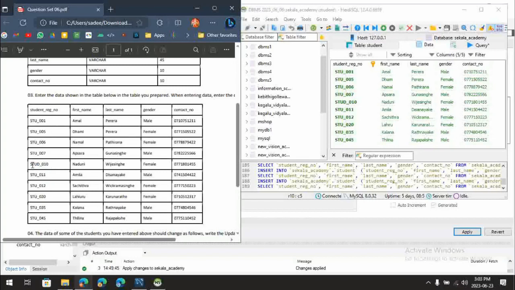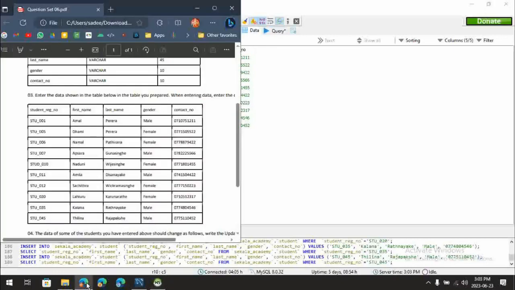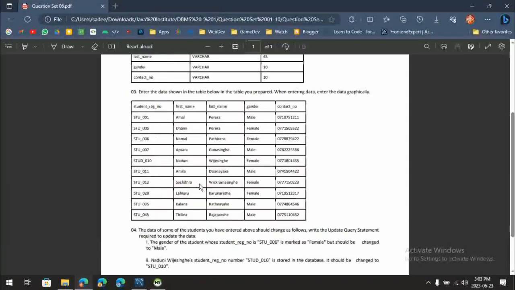These are the kind of things you should be careful about when adding data to a table in a database management system, because if you get these things wrong, you may add wrong data to your tables, and it will really mess up your work. So I have completed the first task of this question, and if we move to the next question,